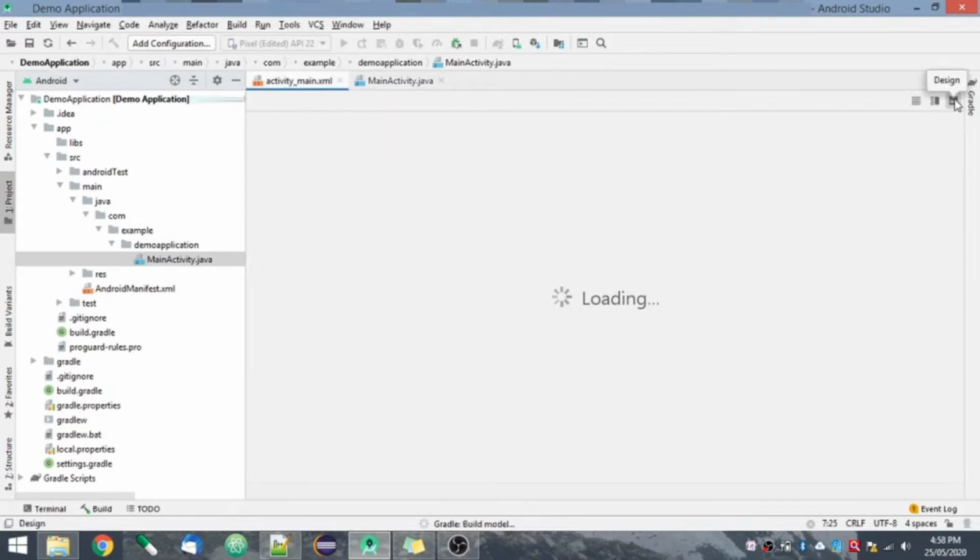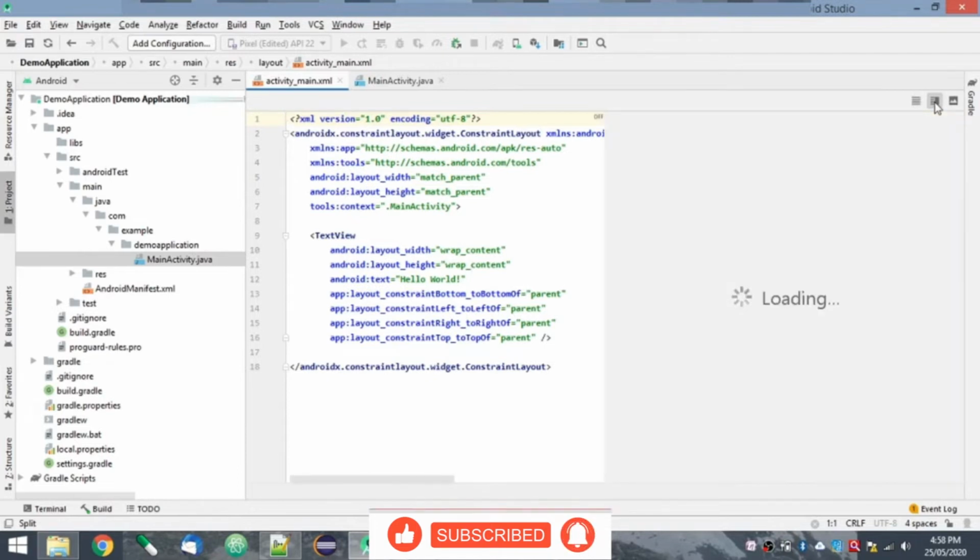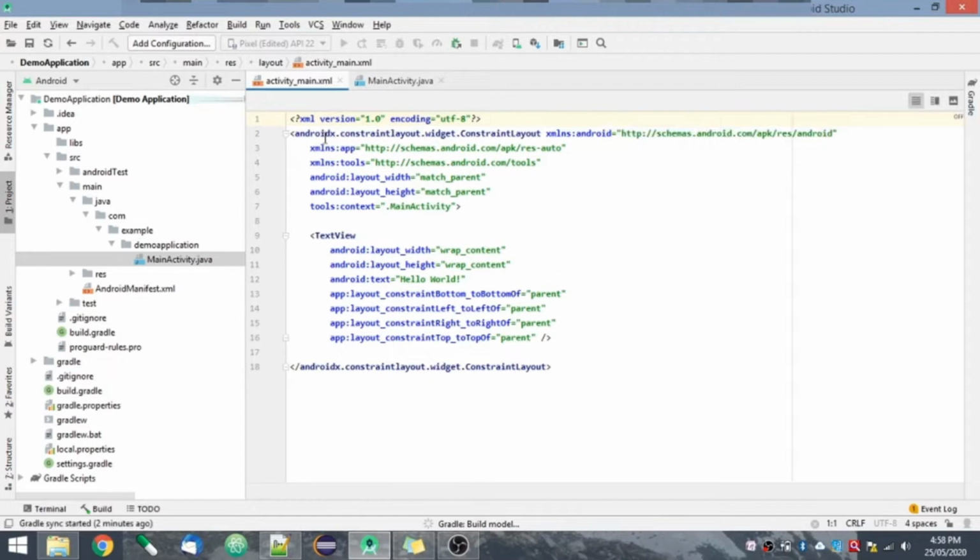In this you can basically see the design of how you want to design it. The first one is the code, so you can edit it in your code. This is the XML file that you have, and this is the code basically. So you can directly update it in design and it will be updated in your code automatically, or you can select the middle one in which you can see both your design as well as your code. For now I'll just show you the code.